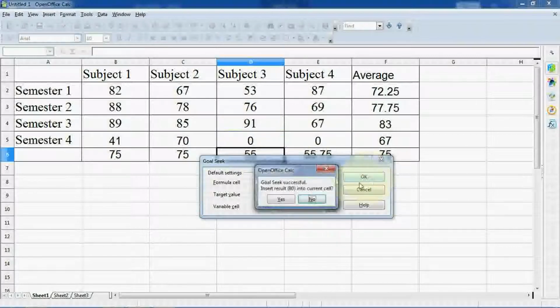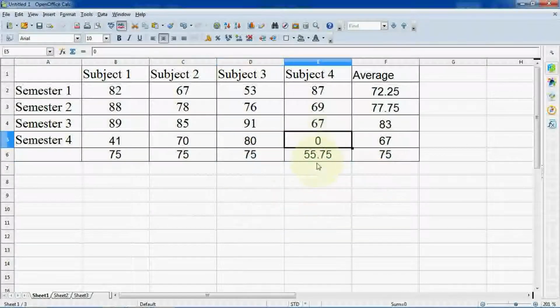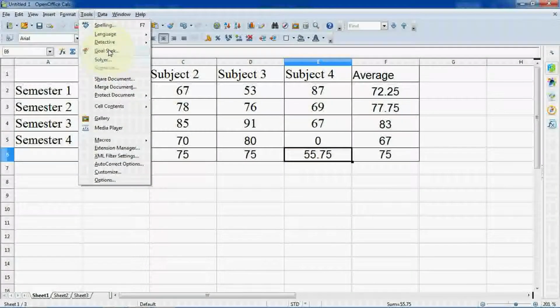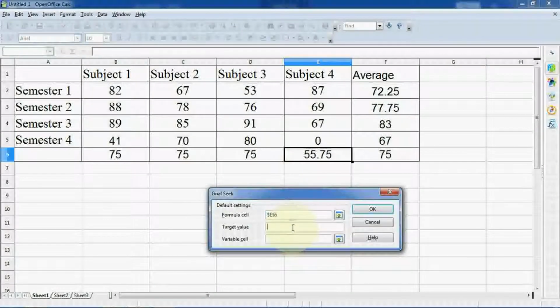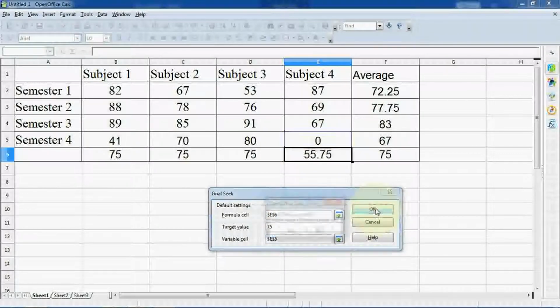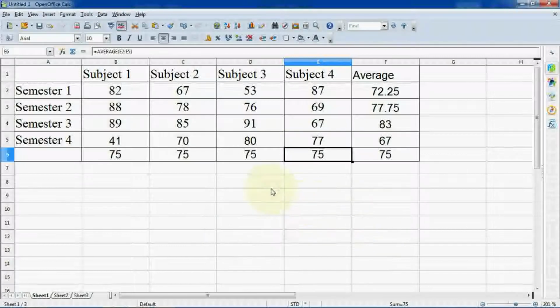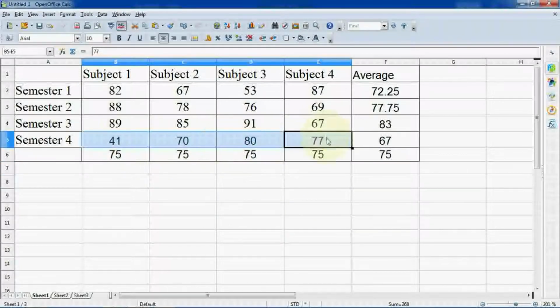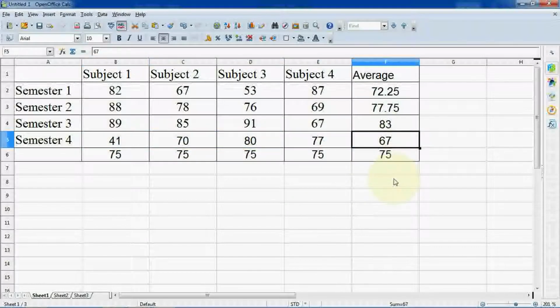Okay, 80 marks are required. Here Tools, Goal Seek. Now here 75, variable cell, this one, 77. So like this, if marks are like this, then only it will display 67%. So likewise you can perform for individual values.